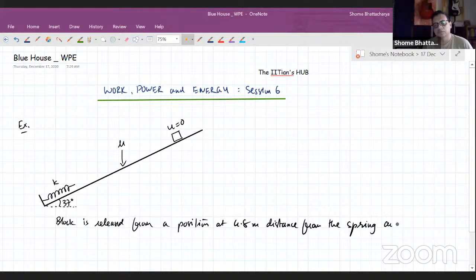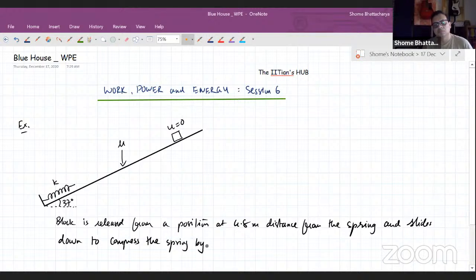And slides down to compress the spring by a maximum compression of 20 centimeters,